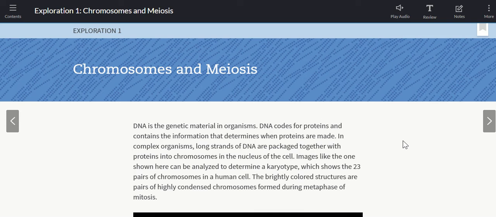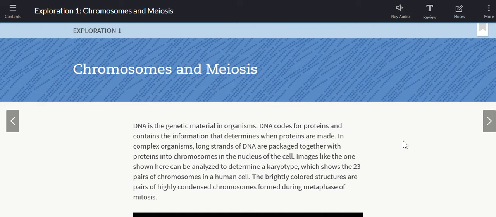Today we are going to start looking at Unit 7, which deals primarily with heredity and answers some questions related to how we pass our physical traits on to our offspring and how we can predict what those offspring are going to look like. In Unit 7, Lesson 1, Exploration 1, we are specifically going to look at this idea